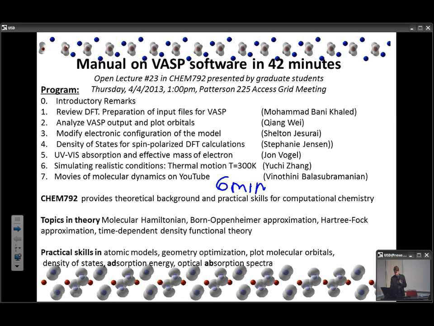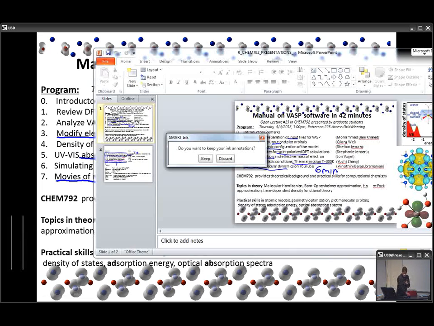So the subjects approximately follow what we were doing in the lab. So preparing input, analyzing output, modifying electronic configuration, necessity of spin polarized DFT, absorption spectra, thermalization of models, and then the most visually appealing part, how to consolidate the data in the form of movies. So for presenting,